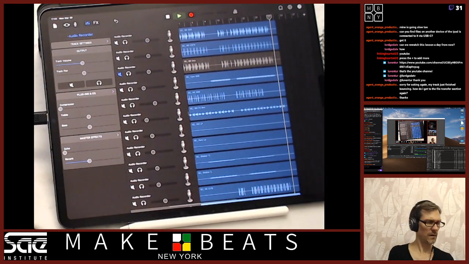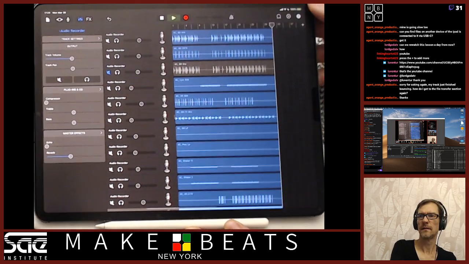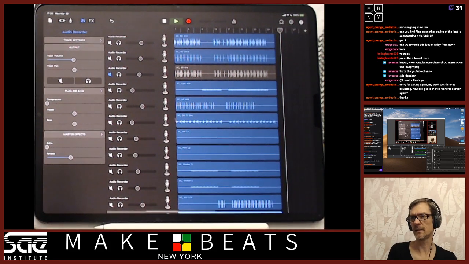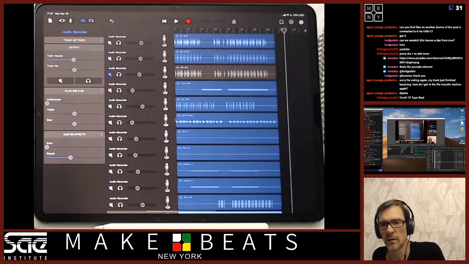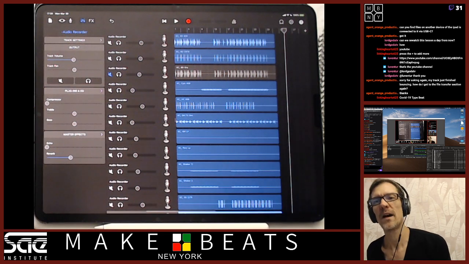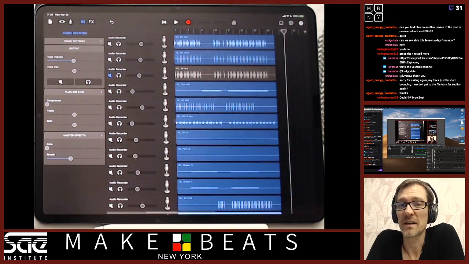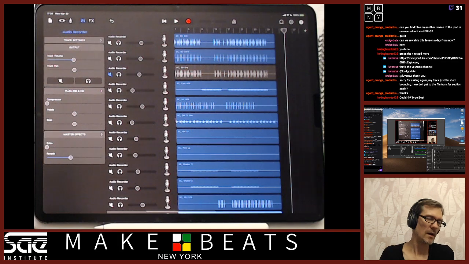And you can hear, whoops, I'm sorry, I've moved things around a little bit. Tilt it up so there's no glare. And you can hear, it's pretty easy to get a decent little mix going on here. So there's really no reason why you can't do some mixing and stuff like that, projects on your iPad. Pretty cool stuff, right? I think it's pretty dope. Okay, now obviously you don't have,